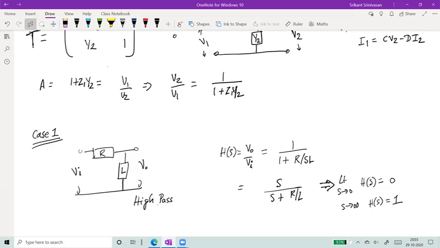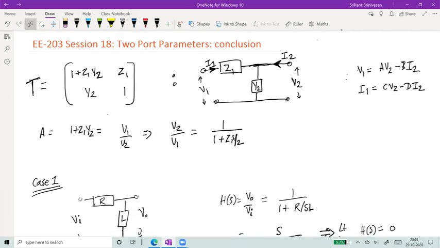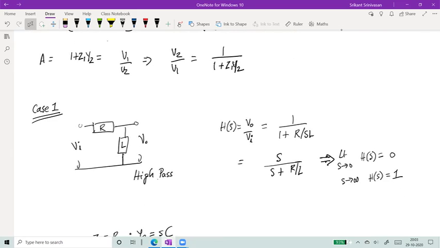And this is something that we had seen frequently in terms of different filters. You have the RL filter, RC filter. So we'll just quickly go through those. In the first case, case one, we talked about a high pass filter. What we said was that if you have the resistor over here and the inductor in the shunt path, then the ratio of V0 by Vi, the V out by V in, is equal to 1 over 1 plus R by SL, because R is the resistance and the admittance here is 1 over SL.